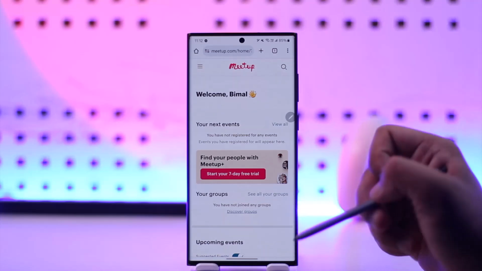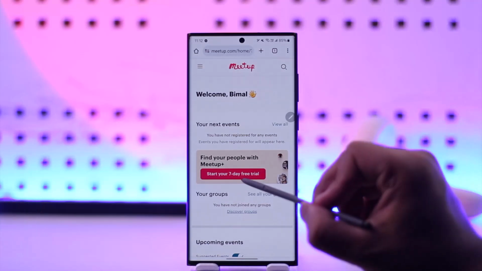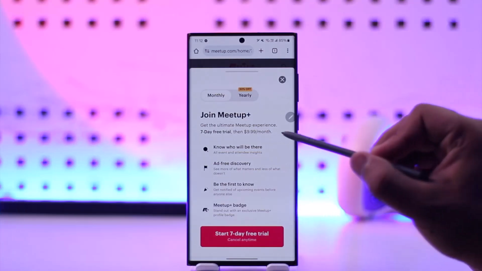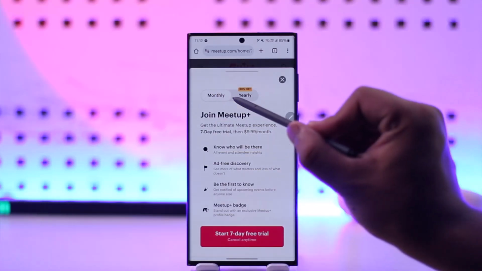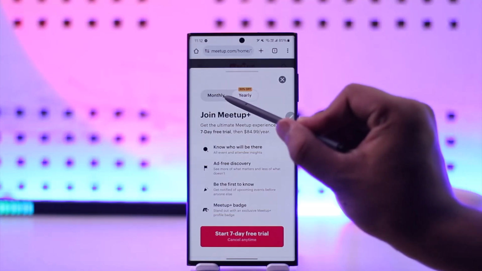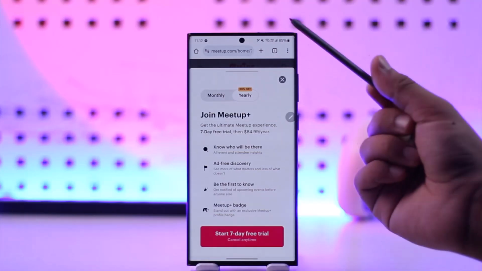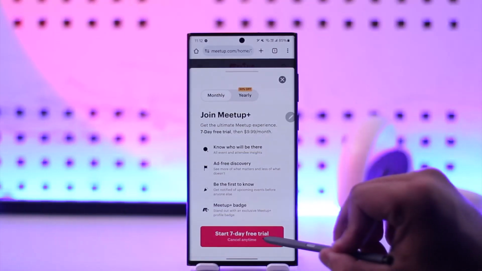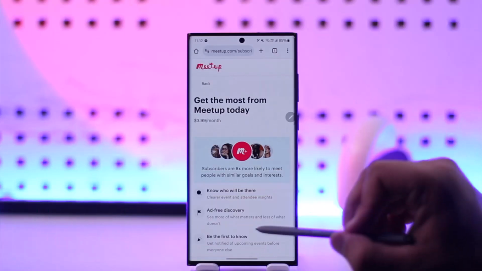start your 7-day free trial. So obviously if you want to pay for it, this is the option that you need to go to. Simply select that option here. You will see all the benefits of Meetup Plus, whether you want monthly subscription or yearly subscription. With yearly you will get around 30% off, so if that's the thing for you, you can do that, or you can simply go ahead and tap on the start 7-day free trial option here, and once done you simply